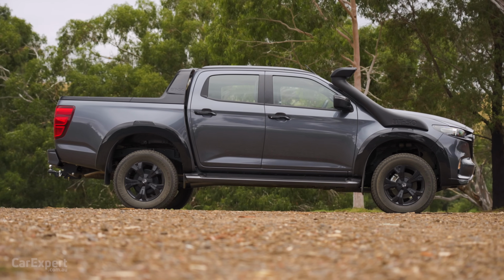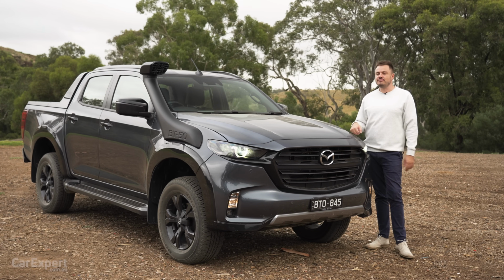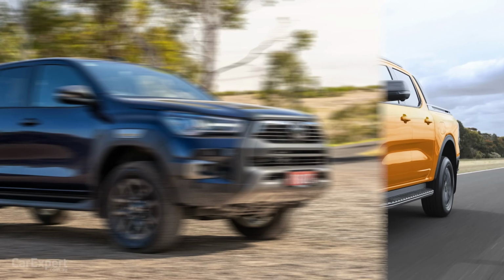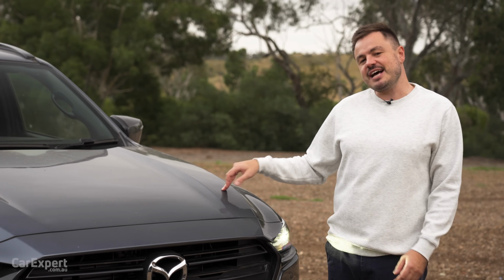This is priced at a little over $65,000, but if that's too expensive, the entire range kicks off at just under 40 grand. This competes with things like the Ford Ranger, the Toyota Hilux, and the Isuzu D-Max, which is what it's based off. Today we're going to do a detailed review of this car,